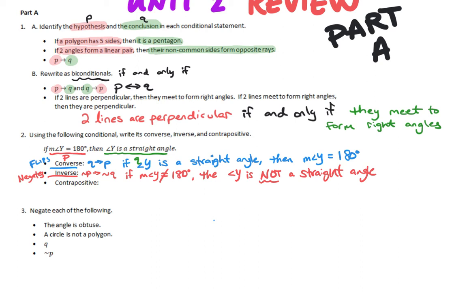Now the contrapositive does both. It flips and negates, so it's a fun one. The symbols for this one negate and flip, so it's going to be squiggly Q, squiggly P. So it's going to read: if angle Y is not a straight angle,